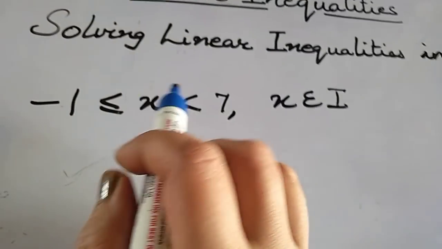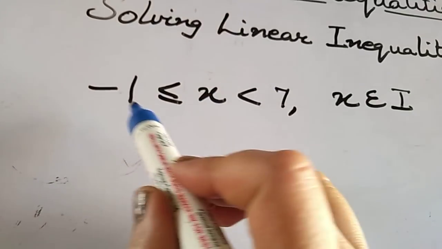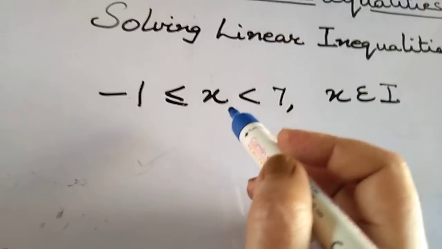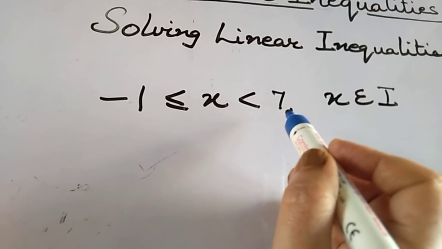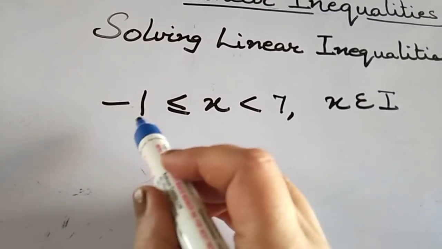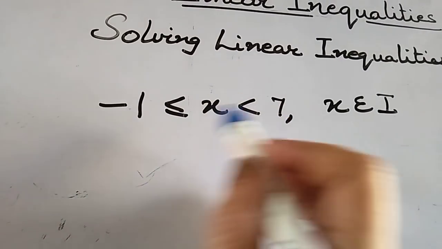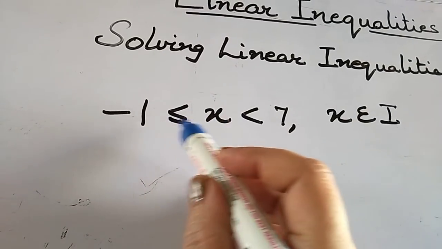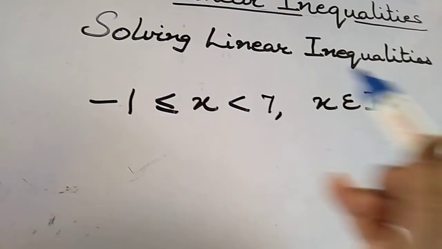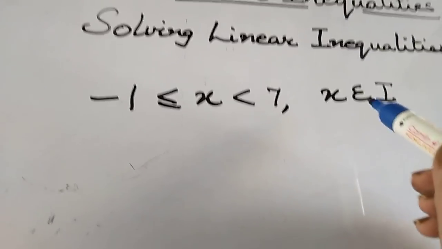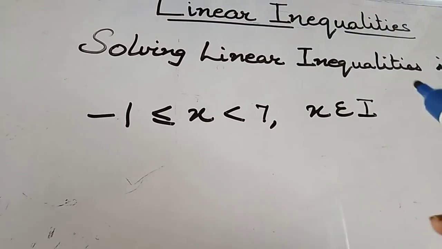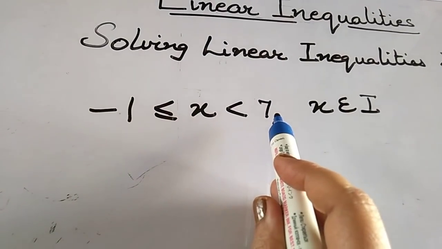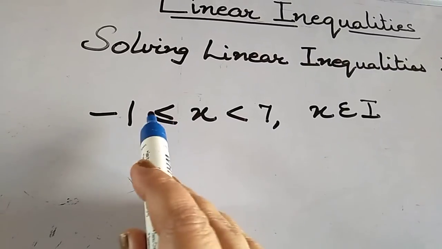Now, I forgot in the last video to take this question. I think you must be having some problems, so I am taking this. Now, x is less than 7 and x is... see, this shows there are two inequalities here. This shows x is less than 7 and x is greater than or equal to -1. And what is the replacement set here? x belongs to integers. Now, which are the integers? That means they lie between -1 and 7, where less than, greater than or equal to.